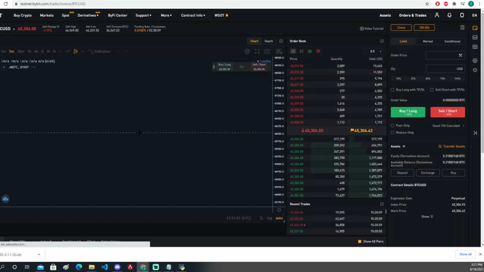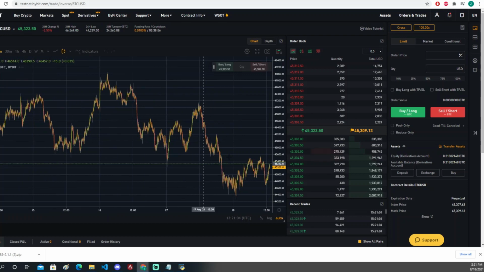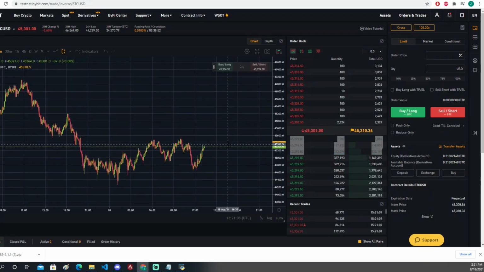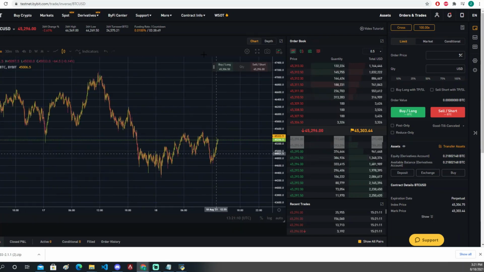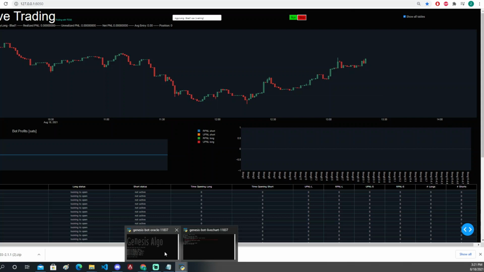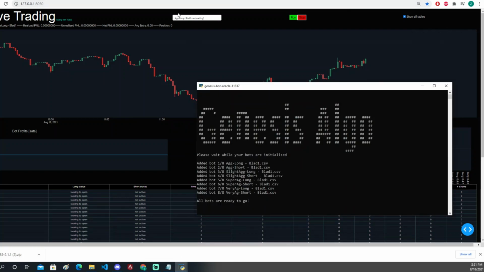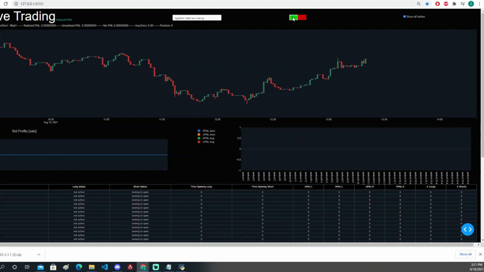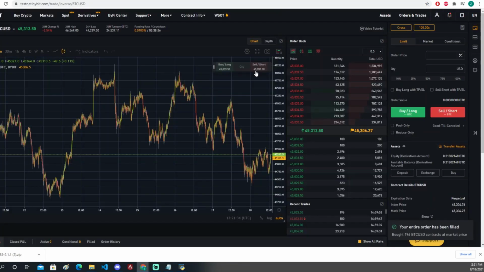trading pair. We've had a bounce here. Let's say that you as a user want to start DCAing into a short position here, and that's what we're going to try to do. Not per se DCAing, but market making into short positions. All the bots are loaded up, and it's based on the balance that we have, so let's just start one up. I'm starting the aggressive short table, pressing run,